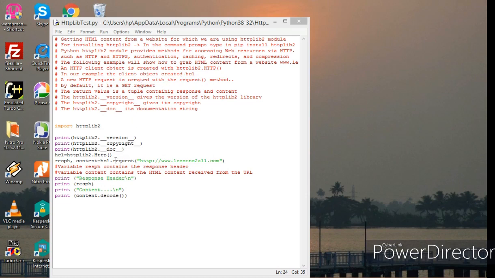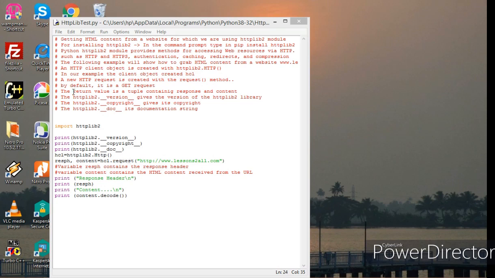I am using here the request method of the HTTP client object hcl. So here hcl equals httplib2.Http. This particular statement will give me this HTTP client object hcl. Fine. And look at this, I am using this request method.